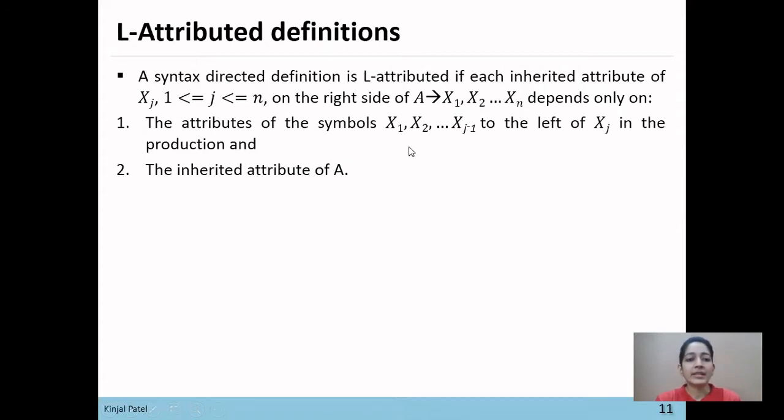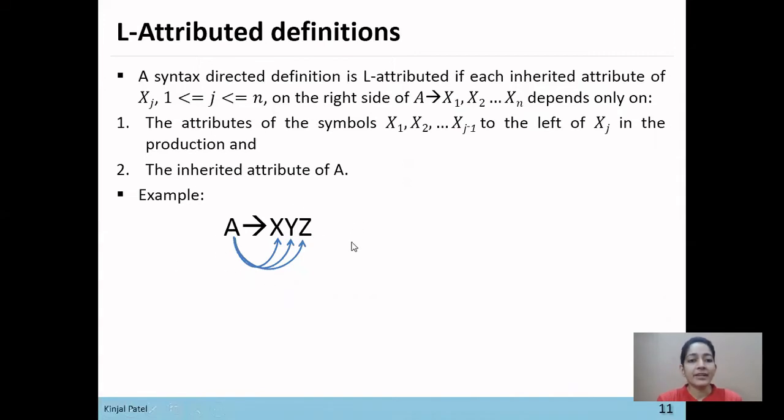So here is an example: if A derives x, y, z is a grammar rule, then A can depend on x, A can depend on y, and A can depend on z. That means if A is a synthesized attribute, then there are no restrictions; it can depend on any of its children.